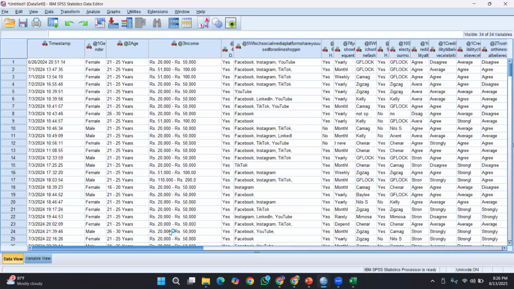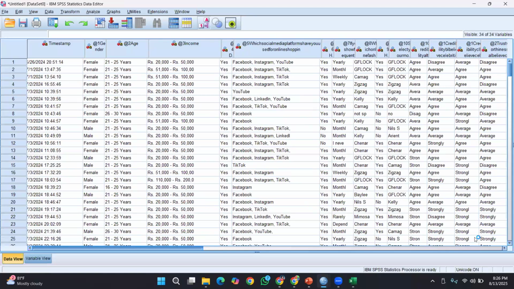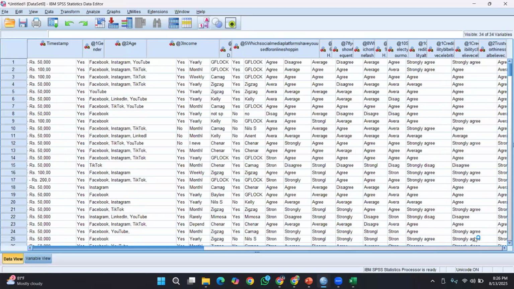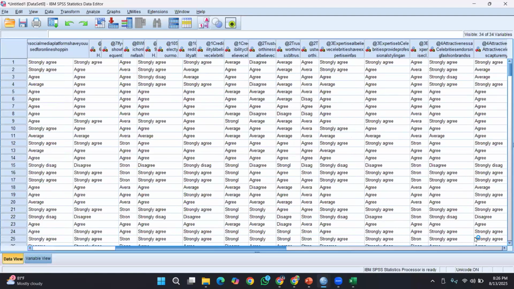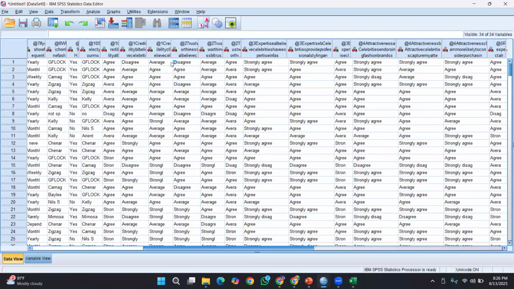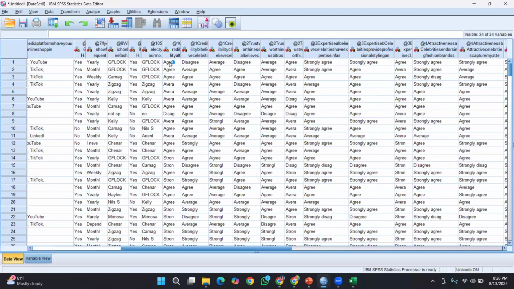Now you can see the data has been pasted in this way, right? If you wish to replace these things, you don't have an option here. Neither find and replace nor this if condition can be performed. Instead, you have to record it, right?